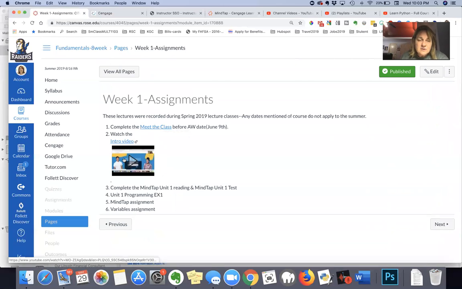This is the actual first long lecture concerning Unit 1. So I also talk about this assignment, and then there's the MindTap assignment, which is the one that's executing the code that I went over. Then this is a newer assignment that we're going to use a tutorial by a